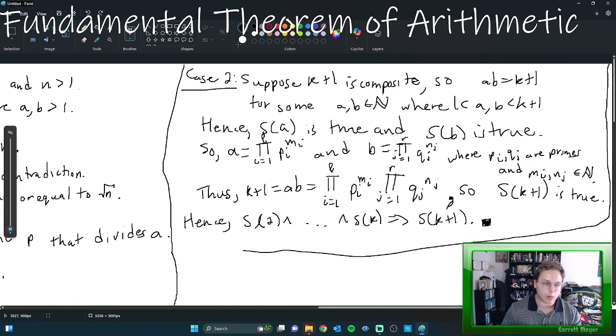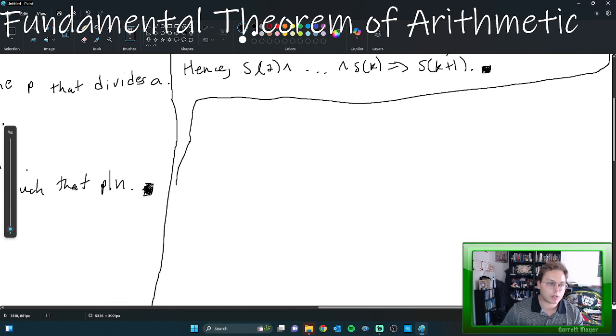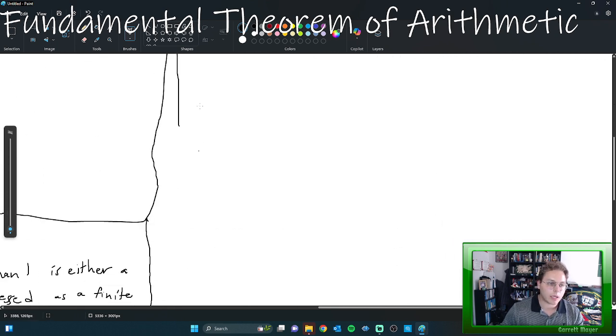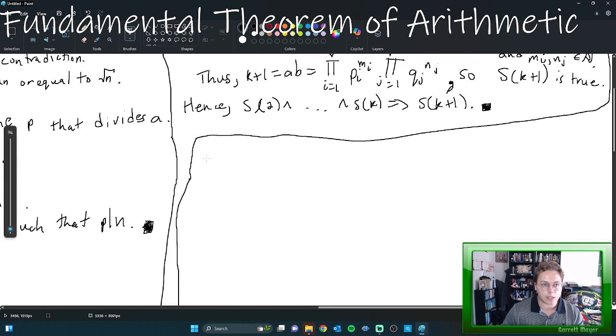Now the next question we want to ask is, is that prime factorization unique? Do some numbers have two different prime factorizations? Or is this prime factorization completely unique? And that's what we're going to prove next. Now, the first step that we need in order to prove this is a lemma. A lemma is just a theorem that's used to prove another theorem, essentially. So in this case, the lemma that we're going to go over in this situation is lemma